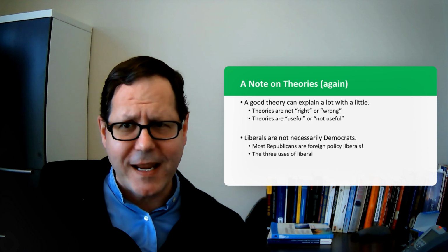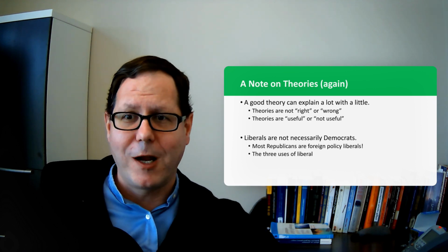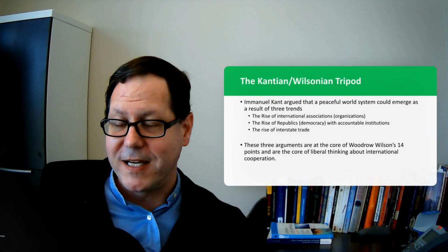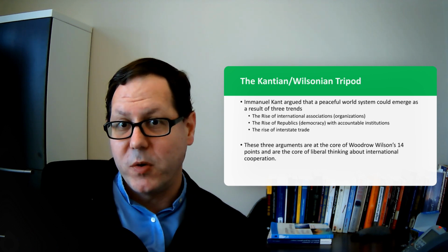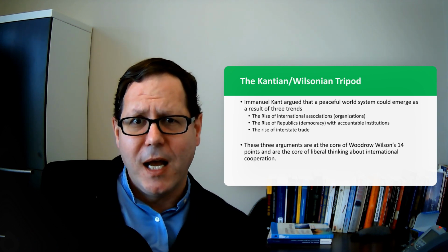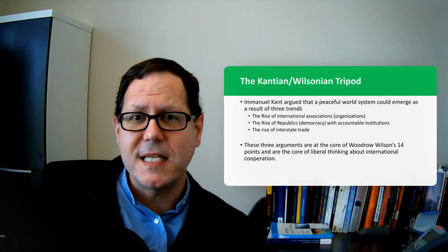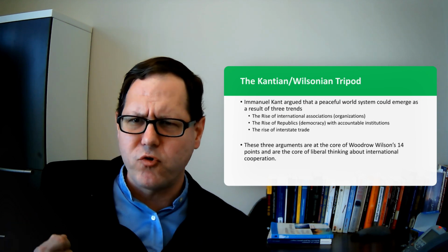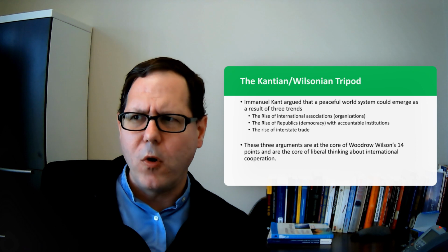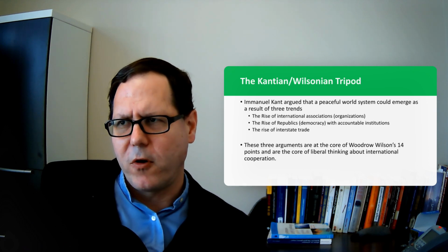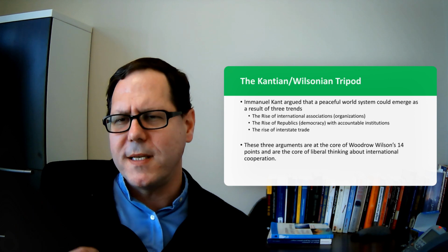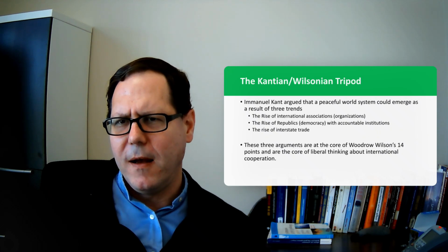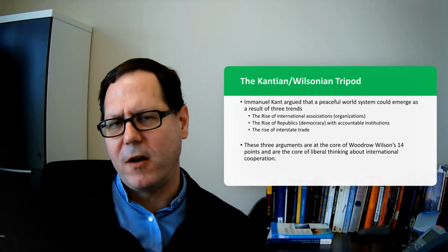And so with that caveat, I now feel like I can march forward and talk about Wilsonian liberalism or Kantian liberalism, because this is actually a set of ideas that dates back before Woodrow Wilson to Immanuel Kant, who in the 19th century put forward an essay called Perpetual Peace, in which he argued that the international system was trending toward a more peaceful future, and that wasn't necessarily going to be realized immediately, but he was looking at things that were happening in his own lifetime and seeing the trajectory of them and how they might fundamentally remake how